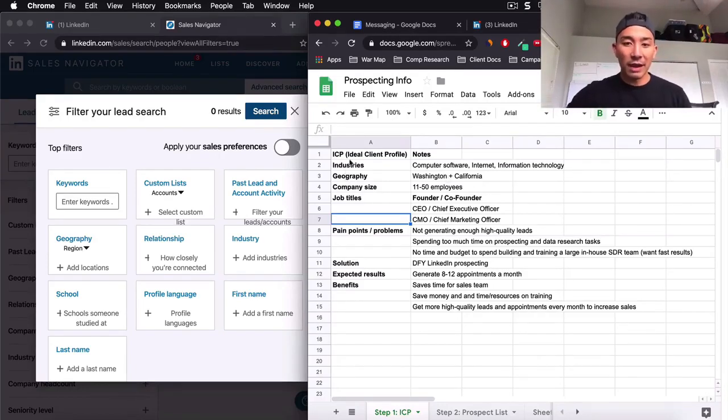So you wanna make sure that you have these things here, right? The industries, the geography, the company size, if you're B2B. We're targeting SaaS companies. The job titles, many of you are probably, if you're targeting small businesses, this is gonna be the business owner. And then also you wanna have some pain points and problems. You wanna have the solution or service that you're offering, the expected results, and then the benefits of those results, okay? So a very simple, you guys can just copy this, right? Just fill out one of these on your own and make sure you have this before you create your messaging,